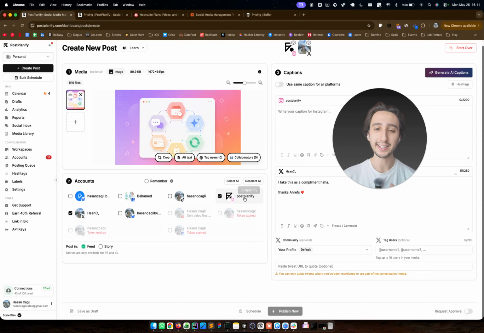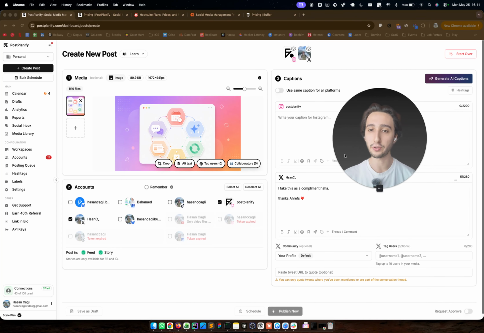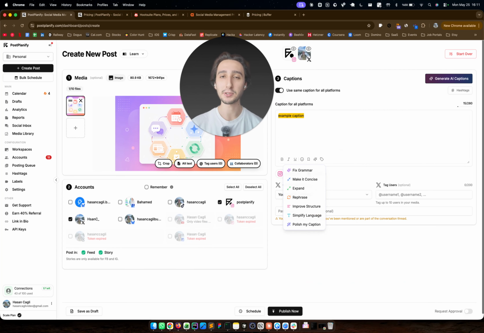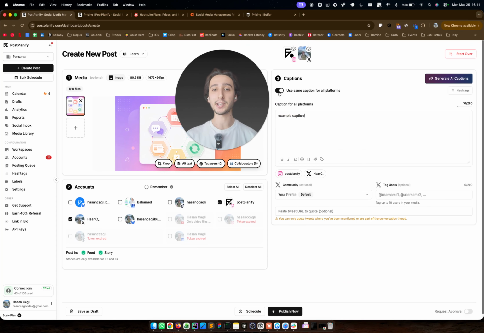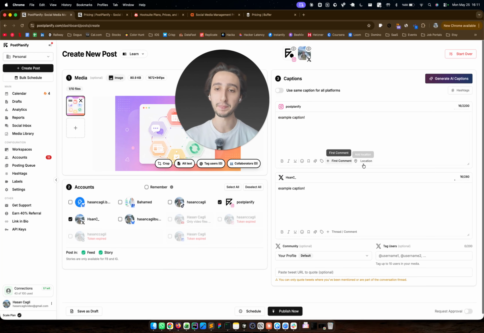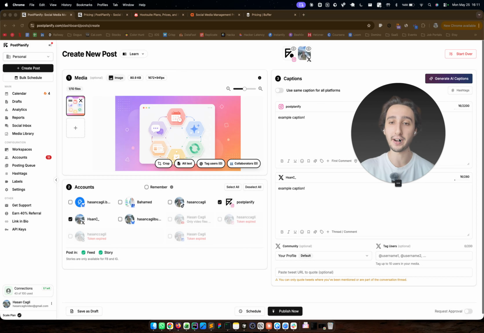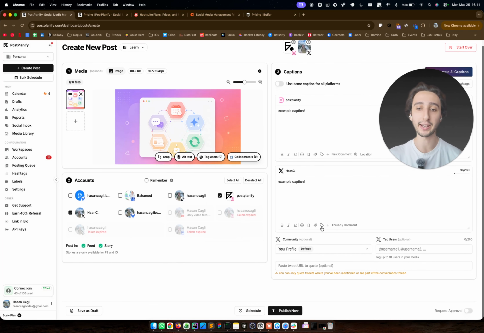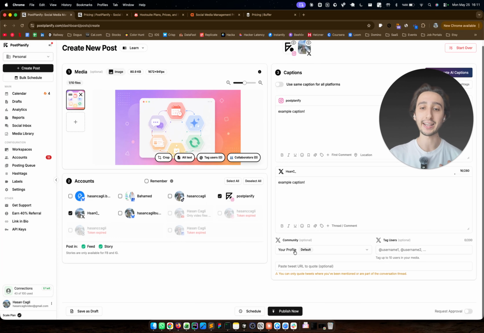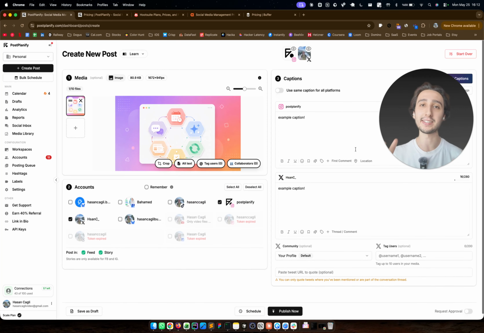I can then select the accounts that I want to publish this post to. Let's say Instagram, Twitter, and I can also post this as a story. And I will be writing my captions for this post basically. Let's say example caption. Then I can customize my post per platform as well. I can set up locations for Instagram posts. I can add a first comment. I can write threads on Twitter. I can select all the other details, add collaborators, tag users, and all these sort of little customizations is supported